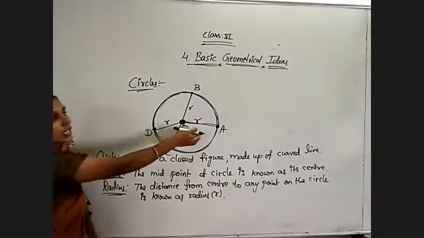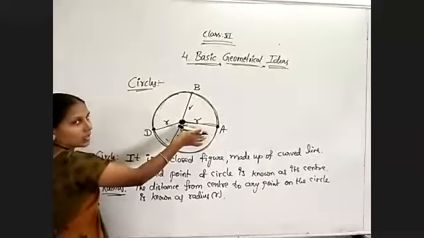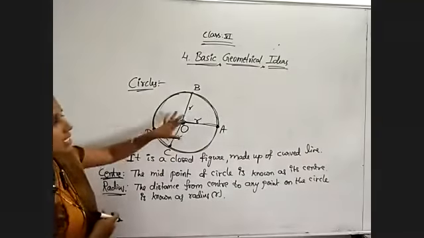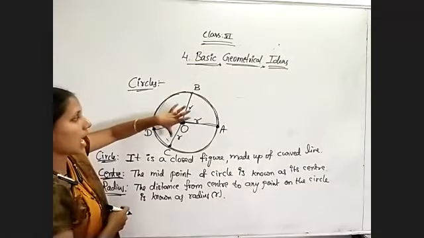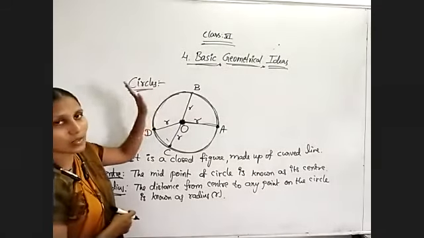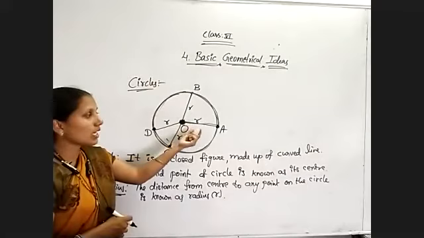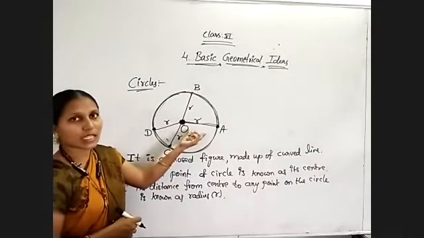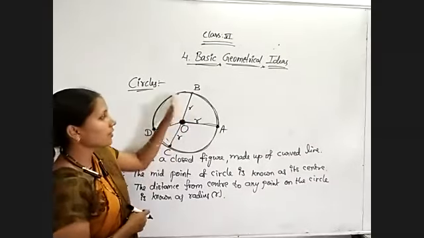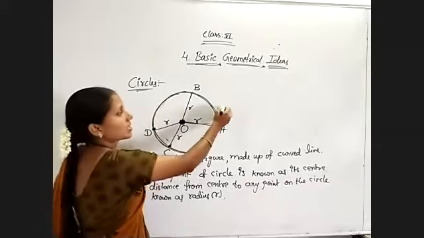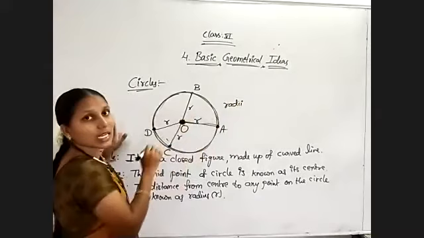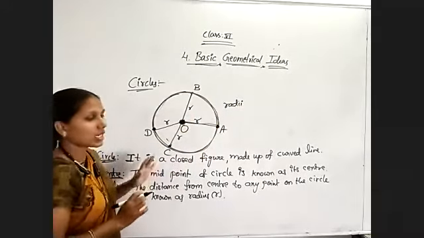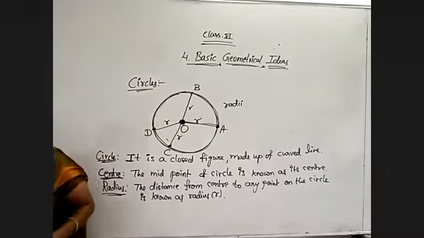So in this figure, OA is equal to the radius. Always this distance is fixed. OA, OB, OD, OC, all are equal to the radius only. Radius r. Only one term we are taking, that is a radius. If the plural form is used, then it is termed radii, RADII. All those are always equal. That is a fixed distance.